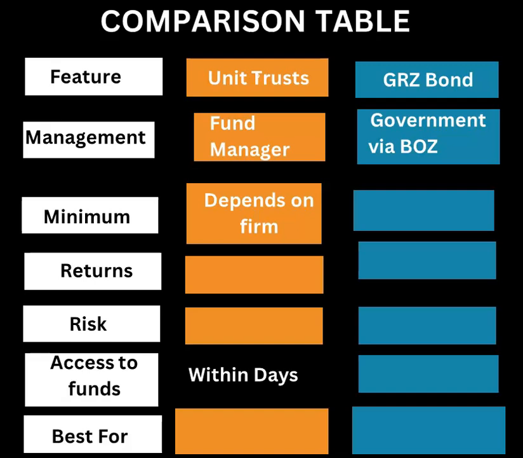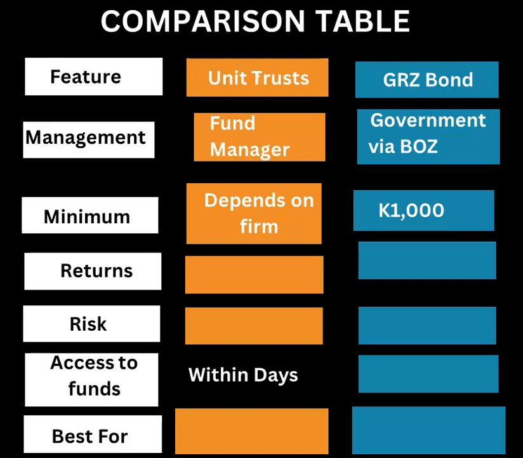So what you want to do is to go and do personal research to find out what the minimum is for each firm. Those who are in my mentorship program, I'm going to give you the firms that I recommend. I can't do that online like this, but those who are in my private group, I'll be able to give you the names of the companies that I recommend. You can go and research and find out what their minimums are. By now we all know that for government bonds it's 1,000.